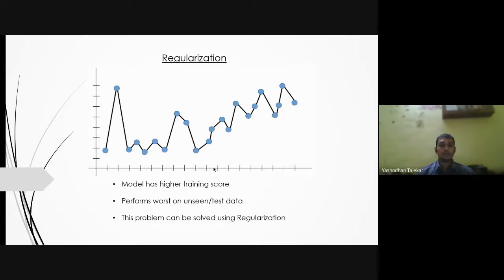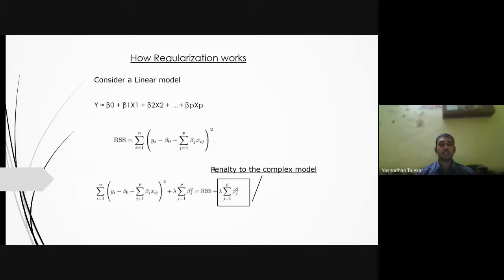If your trained model has a better training score but performs worse on the test data, or on the data which it hasn't seen, then we can say your model is overfitting, and this problem can be solved by regularization. Regularization works by adding a penalty. To see which penalty it adds, consider